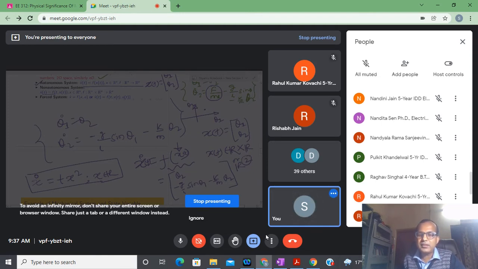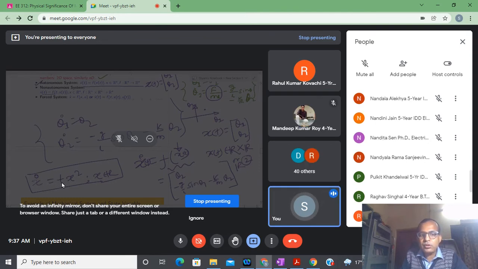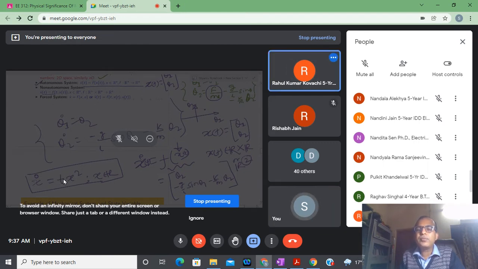Quickly please comment. Rahul, is it so difficult a question? Sir, I think autonomous. Try to see the definition: x dot equal to f(x,t). And here I have x dot equal to t x square. T is explicitly present here, not implicitly. Are you able to distinguish between implicit and explicit? Implicit means x is changing with respect to time, but t is actually hidden here. But if t directly comes into the picture, then that is called explicit.